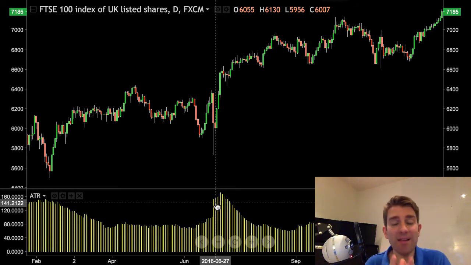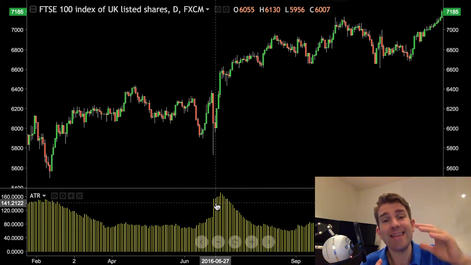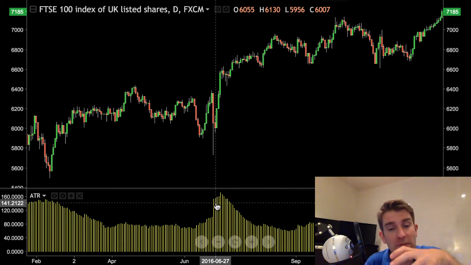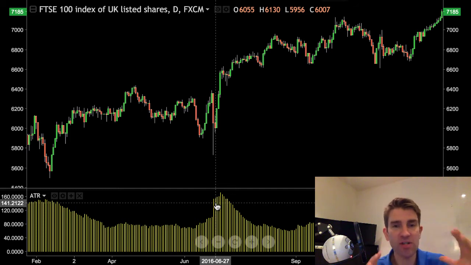Now, what you can do, obviously, is when it's very volatile, you want to have a wider stop and you're going to reduce position size, obviously, to allow for that extreme volatility. And if you're still in the position as the volatility contracts, the ATR will contract with it. You can then tighten your stop up if you like. So it's a really good way of staying with the volatility, adjusting your position size to suit so you don't